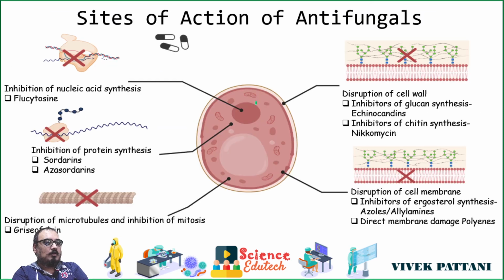What is the basic mechanism of liposomal amphotericin B? It basically disrupts the cell membrane, acts as an inhibitor of ergosterol synthesis, and directly damages the